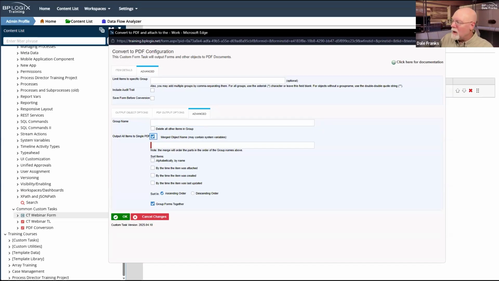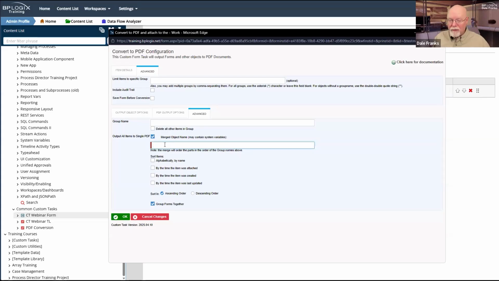And when I do so, I can say, okay, I'm going to specify the name of the PDF file. So I can use system variables or whatever, and it will just create that PDF file with that particular name. It will take all of my forms, all of my documents, mash them into a single PDF file.